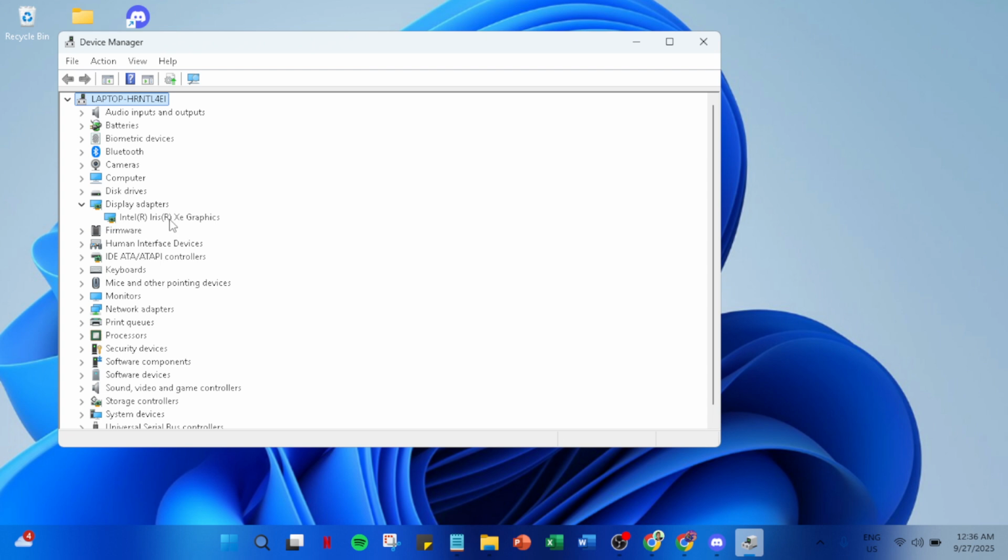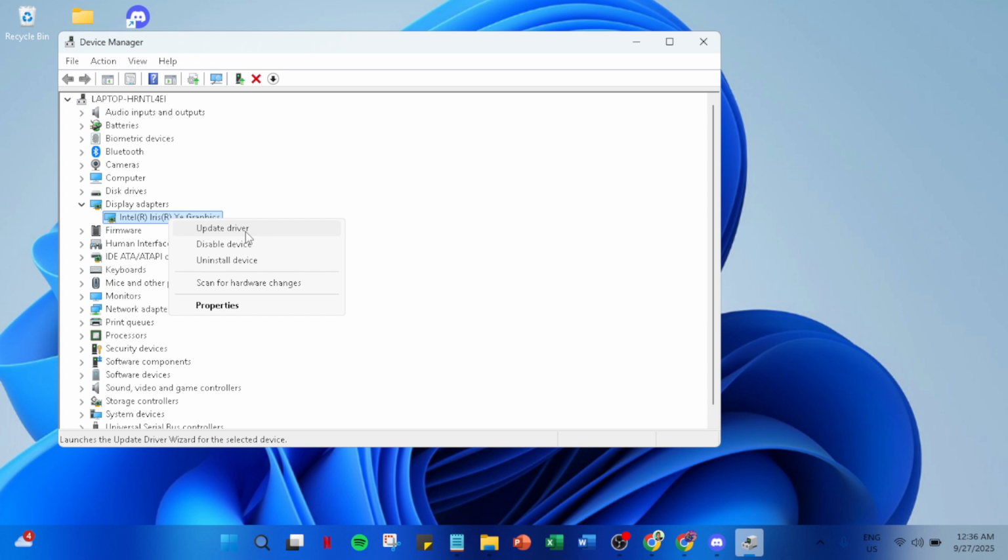Right-click on the NVIDIA card in the list and choose Update Driver from the context menu. Updating drivers can often resolve unexpected issues because it ensures your hardware is paired with the latest supported software. A new window will pop up asking how you'd like to search for drivers. Here, choose Browse My Computer for drivers.